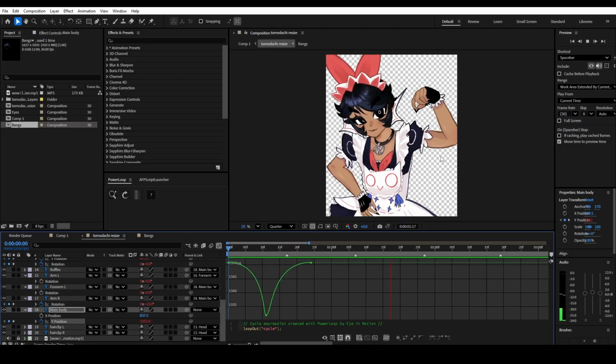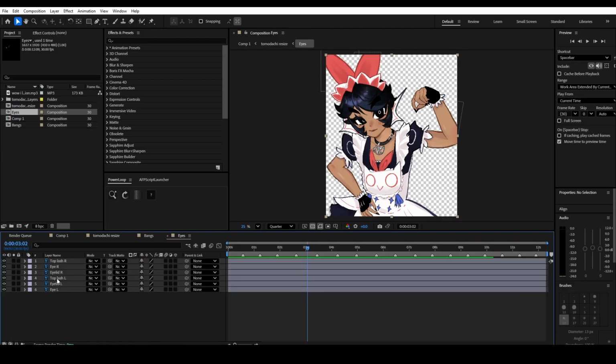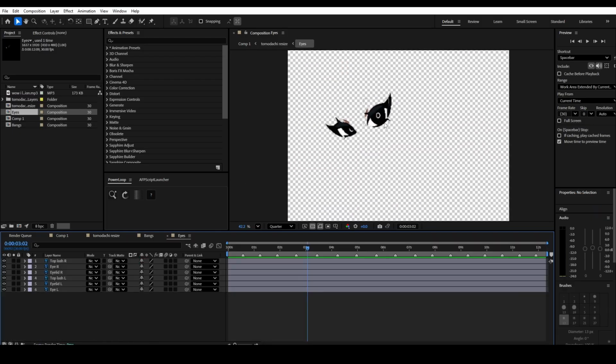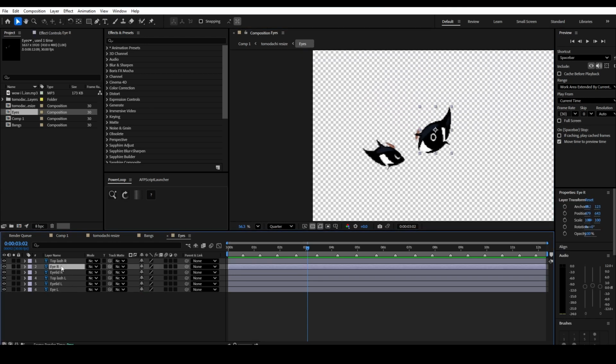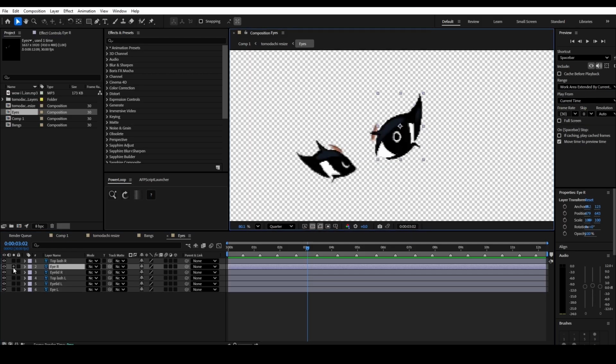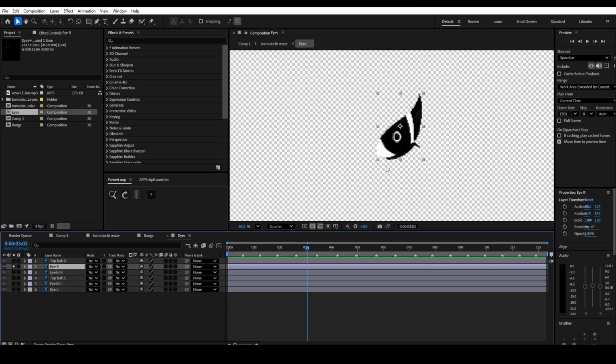Now that we have our basic animation together, let's move on to a more complex subject. Eye blinking. Double click that eye comp to open it and you should see everything to do with the eyes. Feel free to start with whichever eye you want, left or right. I'll start with the right eye, and I'll start by soloing the inside of the eye,